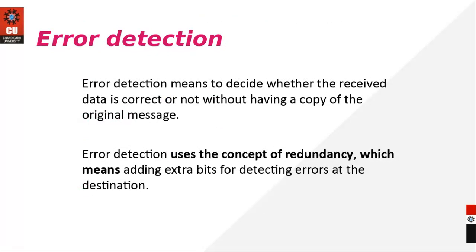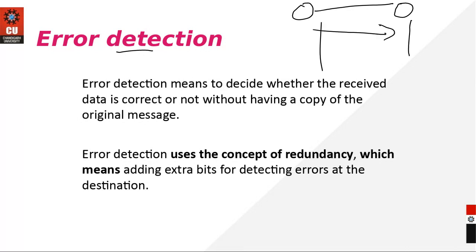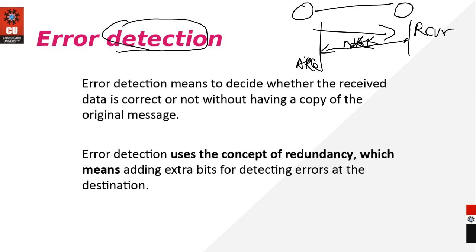Now the next thing that we need to understand. Now you are aware of the types of errors which may happen with the data. Now we need to know how we detect them. You have got a sender, you have got a receiver. The sender will forward the data, the receiver will receive it, right? Now if you get a NAK in lieu of some data, it means the sender will get to know that there is some error. Either it will retransmit it, in case your receiver thinks of sending a NAK. What if this NAK is not sent? Then you are supposed to detect the error all by yourself.